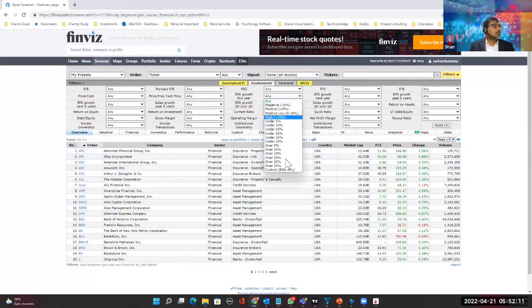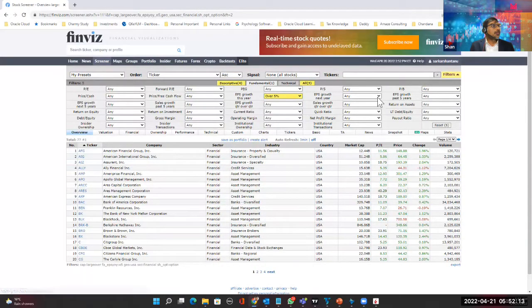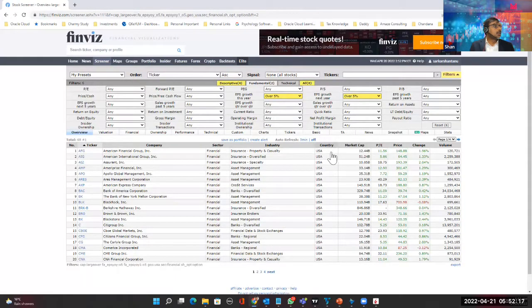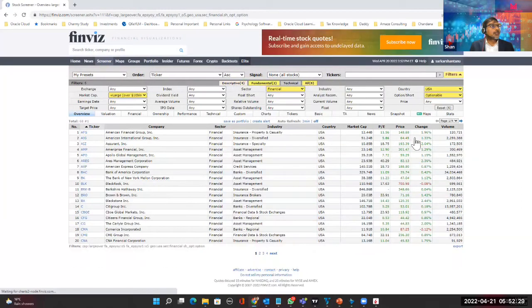EPS growth over 5%, EPS growth next year over 5%. And similarly, you can, of course, give some other parameters, but I think we got 68 numbers there. And one other thing probably I will do, and in any of the screeners, is that